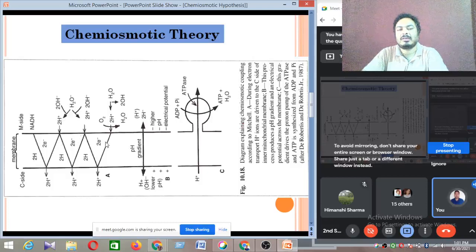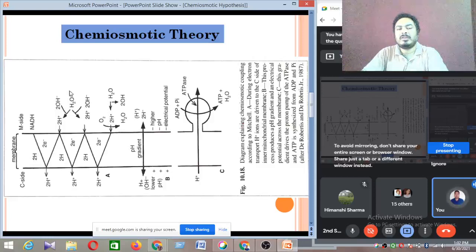When the electron molecules pass, for every passing they release 2 hydrogen ions to the cytoplasmic space or perimembranous space. You can see these 2 electrons are passing from complex 1 to complex 2 and they release 2 hydrogen ions. So from where are these 2 hydrogen ions coming? These 2 are coming from the breakdown of a water molecule.